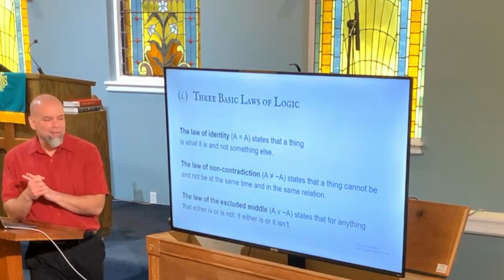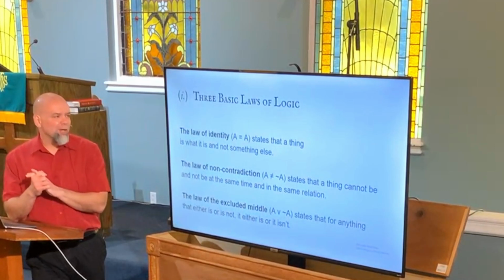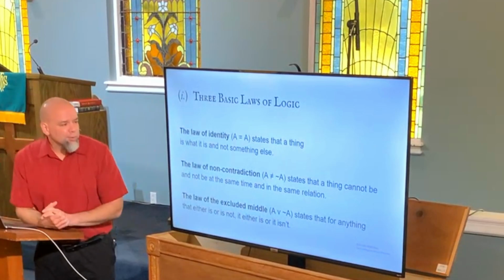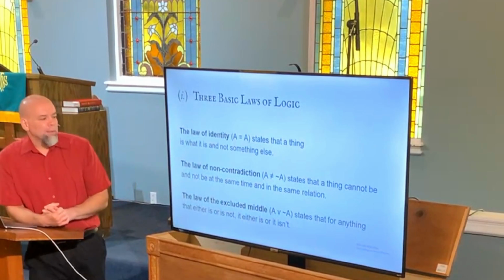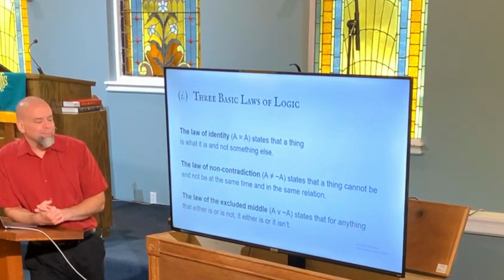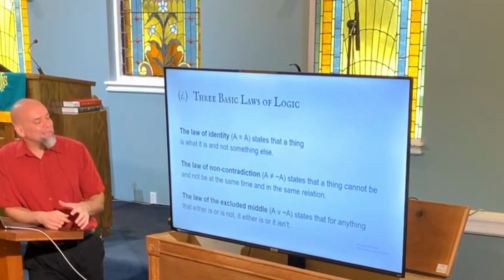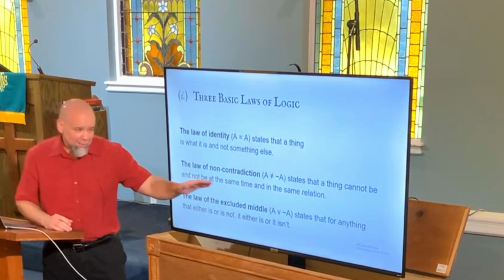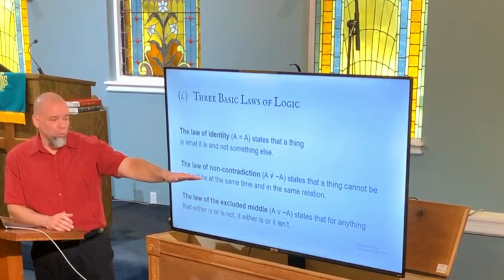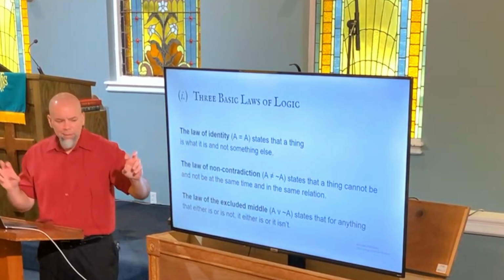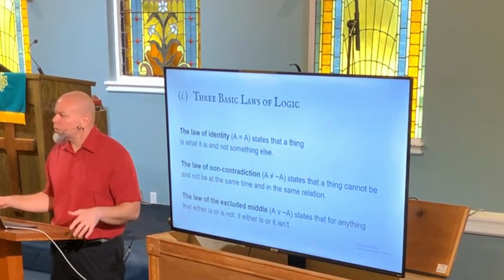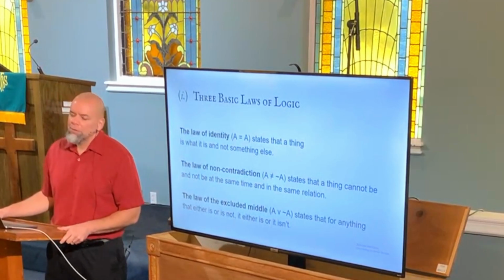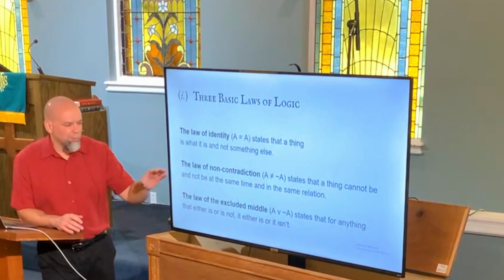A equals A. Doesn't sound very exciting at first, but you'll be surprised how many times people go running off the reservation. The law of non-contradiction states that a thing cannot be and not be at the same time and in the same relation. And that clause there is actually very important because a lot of people think that they're getting around it because maybe they're saying, well, I was going 30 miles an hour and 60 miles an hour. Aha! Yes, at different times. And we'll see examples where you have to pay careful attention.